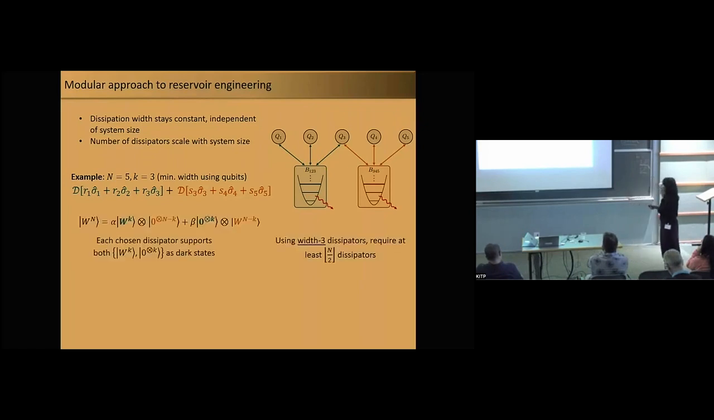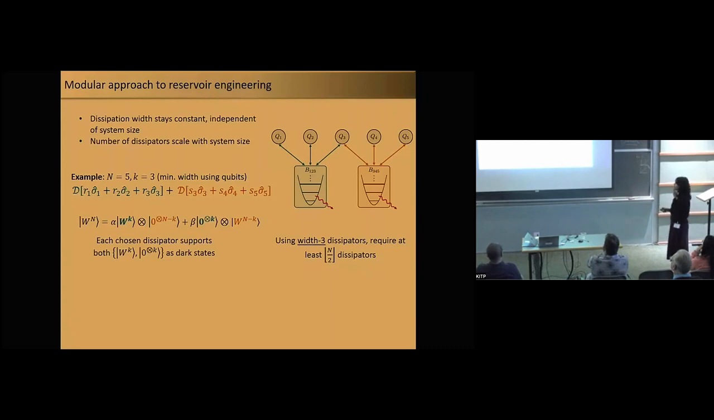So you can check, based on the previous slide, that the first dissipator will stabilize a W state on the first 3 qubits, plus also a ground state on the first 3 qubits, because these are just annihilation operators, right? So the ground state is also a dark state. And similarly, the second dissipator will stabilize a W state on the remaining qubits 3, 4, 5 and a ground state also on these qubits. So basically, each dissipator supports both W_k and 0 tensor k as its dark states on the subsets